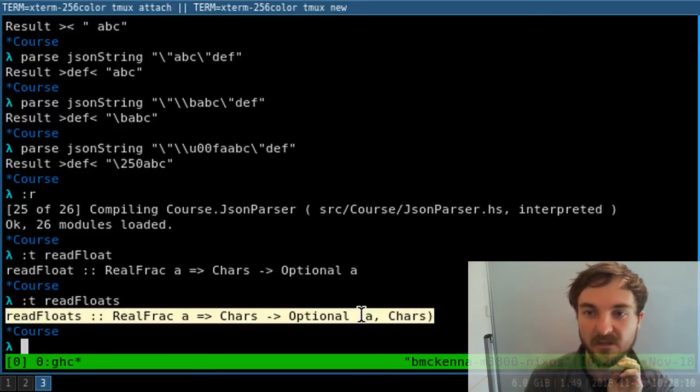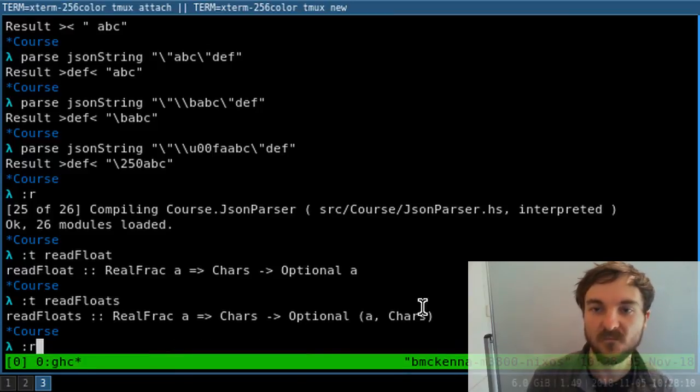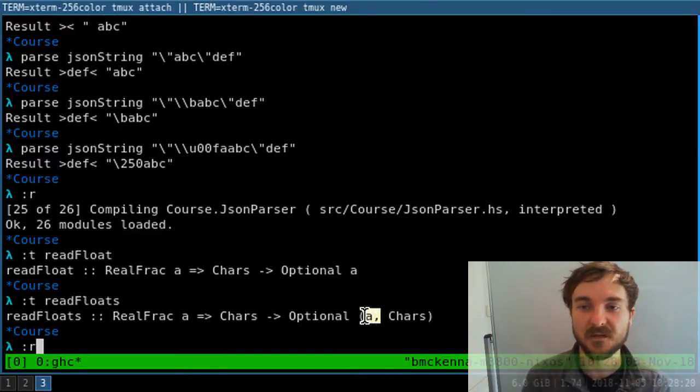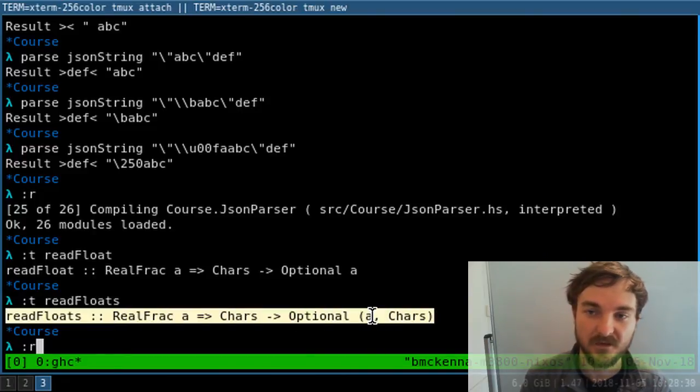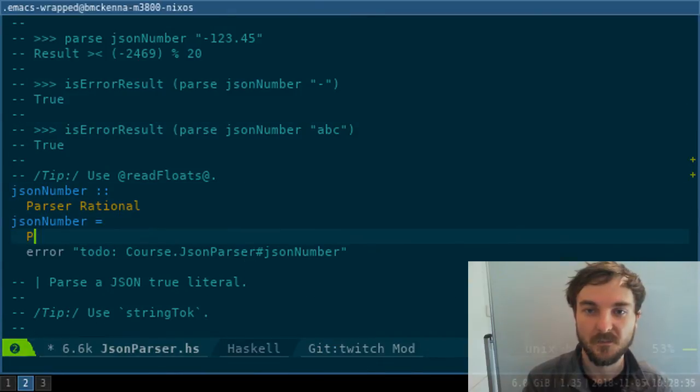The a, so this is a tuple, right? So it's a tuple of a and characters. And this looks similar to our result type. Remember that our parser returns a result, and our result's got characters and a result. So this is very similar. So instead of having result, we've got just a tuple here though. So it'll try and read something from these characters and give us back what it didn't parse and what it did parse. So we should be able to say create a parser